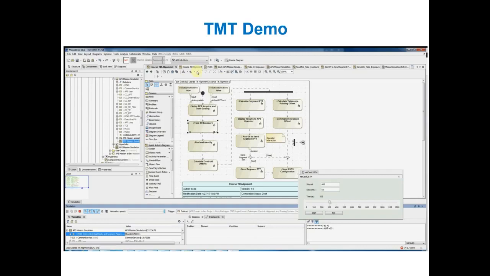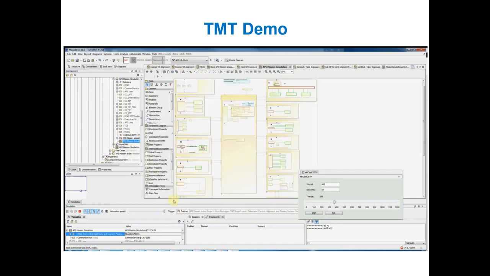And you see the time counter. You can also let it run, stop it, and then, for example, single step through it if you want to do more debugging. So at 400 it would stop. And if we look at the